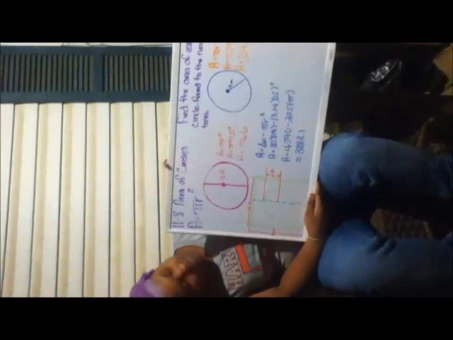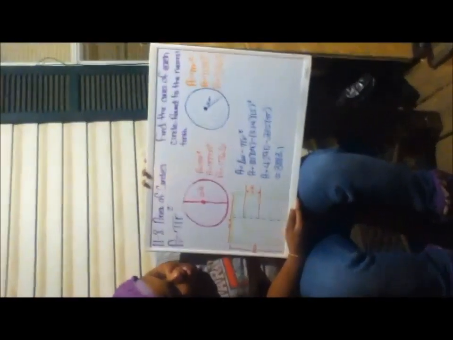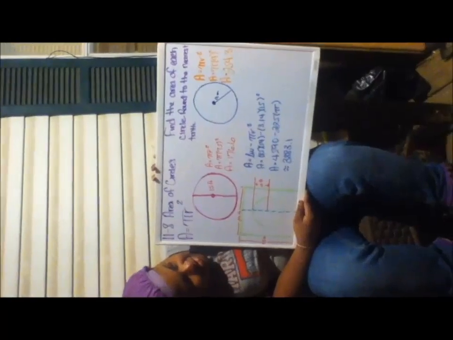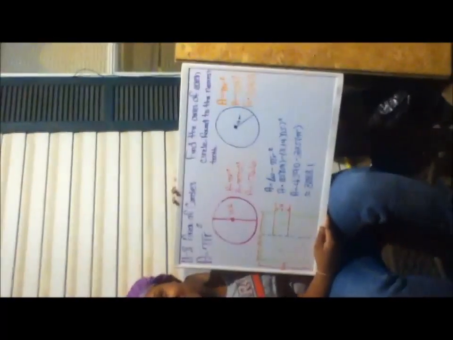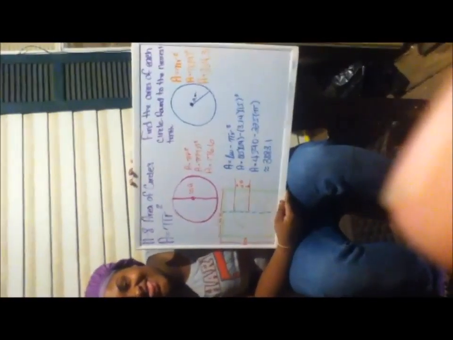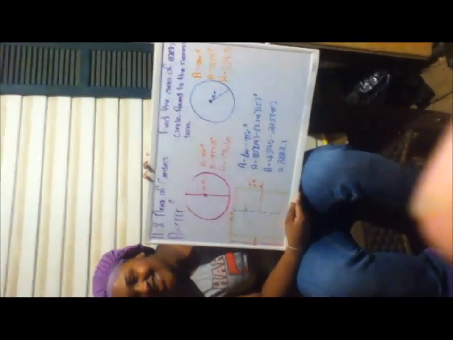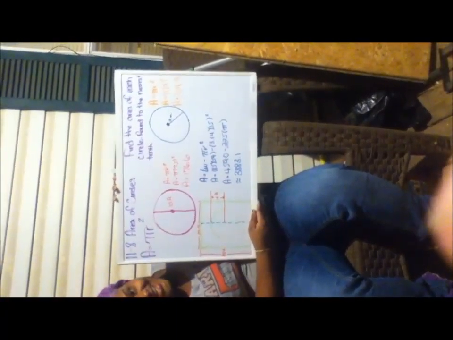My partner Kamisha and I are doing 11-8, the area of circles. The formula to find the area of a circle equals pi times the radius squared. The examples we're using say: find the area of each circle, round to